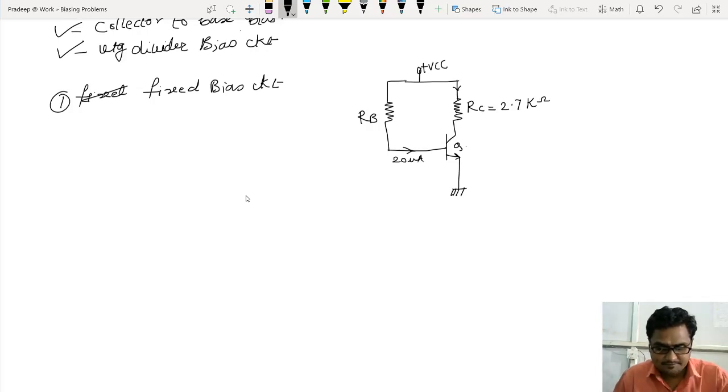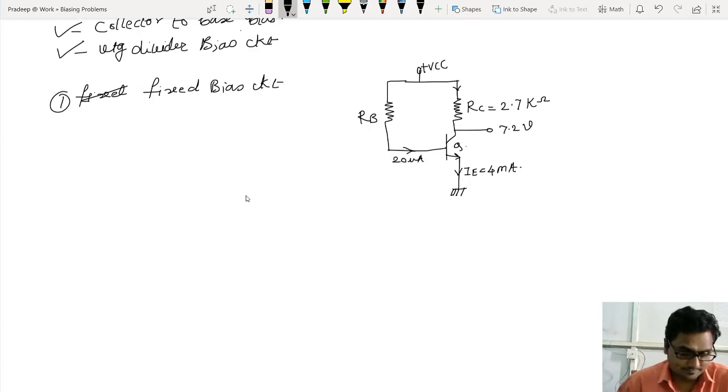What else is given? The current which is finally flowing through the emitter is given here. It is 4 milliamperes. And the voltage available at the collector is specified, that is 7.2 volt. Those are the things which are given, and they want us to calculate